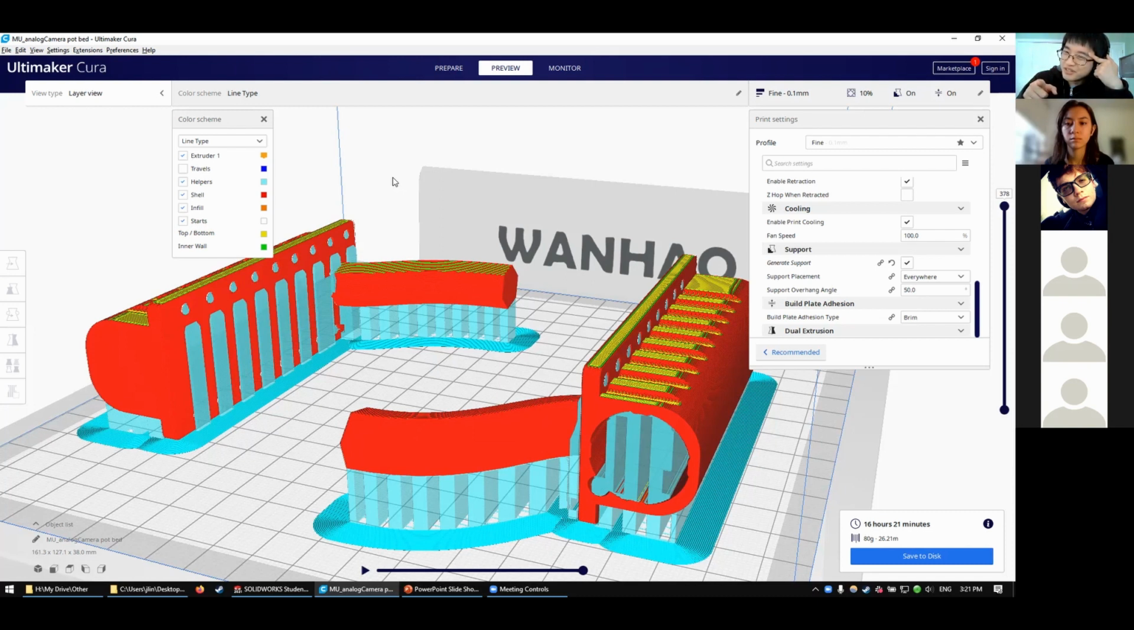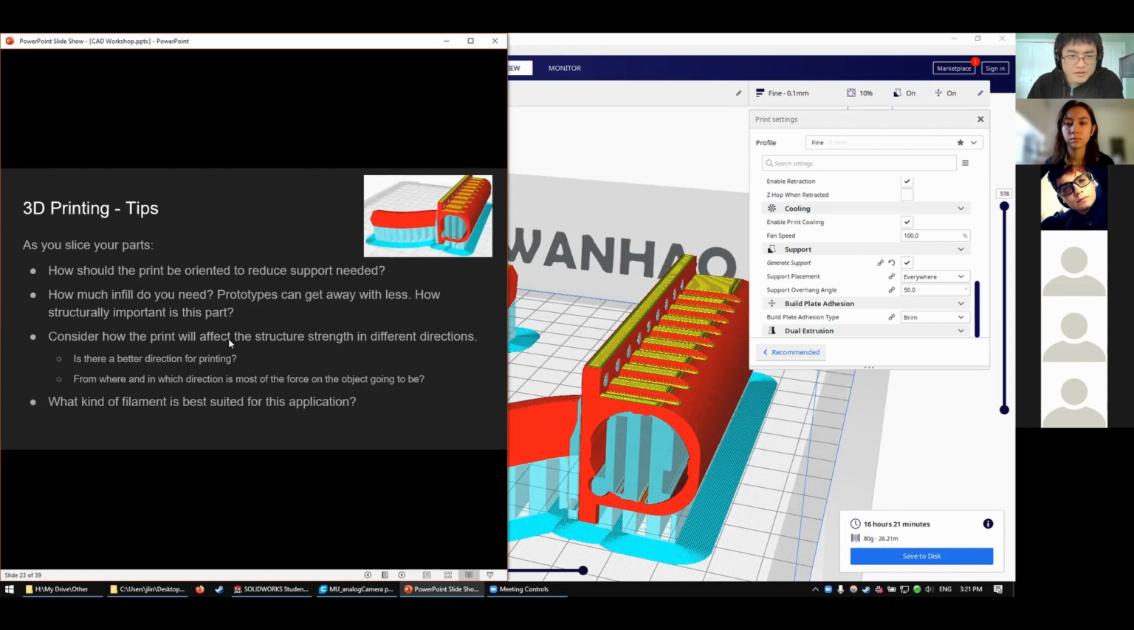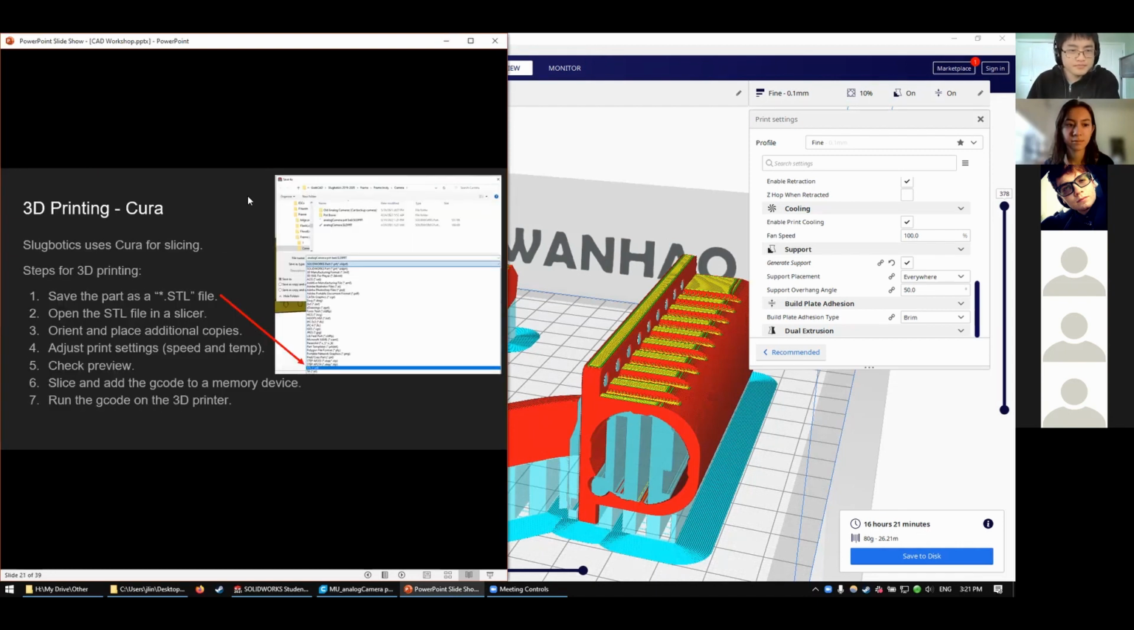The brand of 3D printer we tend to use is Prusas, right? We have a bunch of those. Okay, so 3D printing. Just a general overview of the workflow we tend to use: we tend to